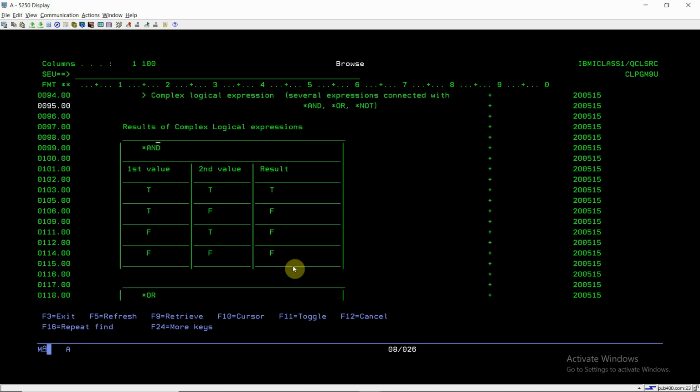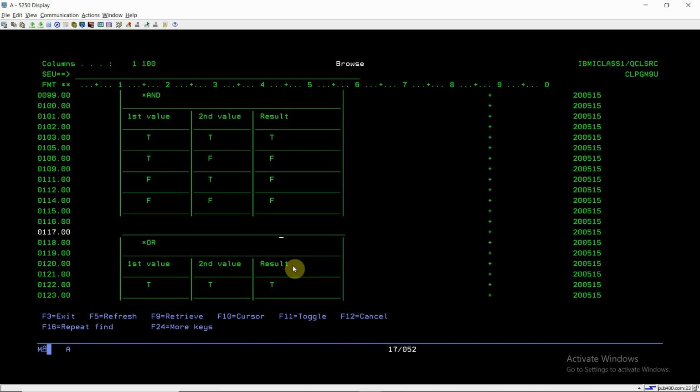In the case of *AND, if the first value is true and the second value is true, then the result will be true. We all know that true and true means true, true and false means false, false and true means false, false and false means false. In the case of *OR, two expressions are connected, like A is equal to 2 or B is equal to 3.